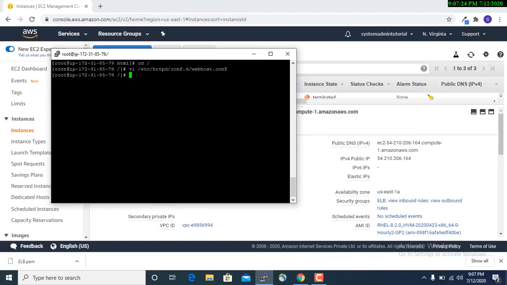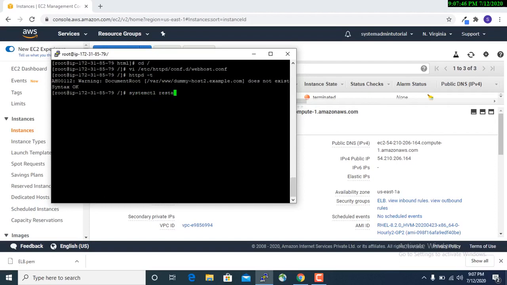So I have to change it to my HTML directory, where I have put my index.html file. Okay, I have changed it to the same, /var/www/html, this is the main directory. Then use httpd -t.